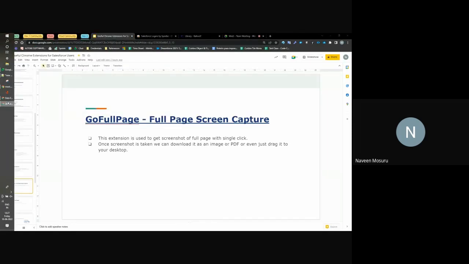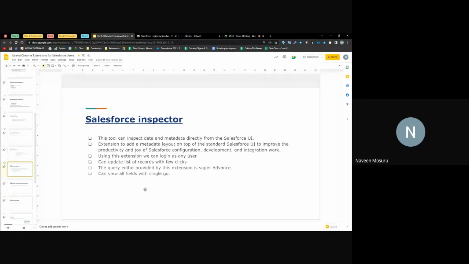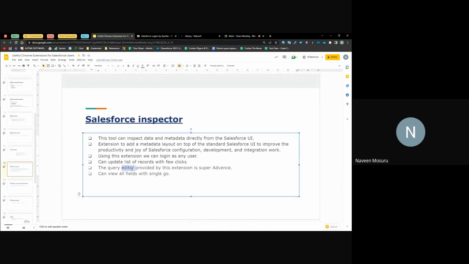So here I have mentioned one thing. What is that? The query editor provided by this extension is super advanced. Why I call it super advanced is